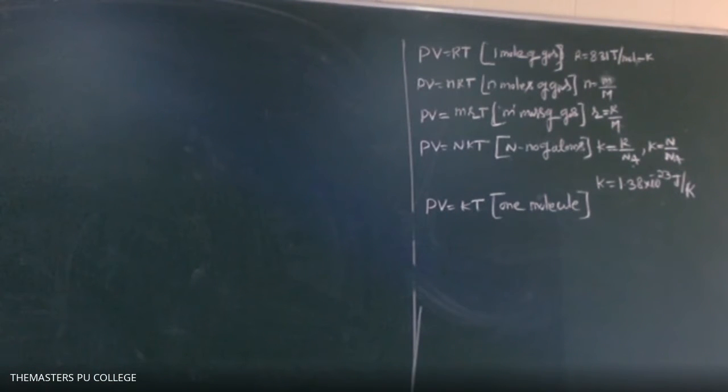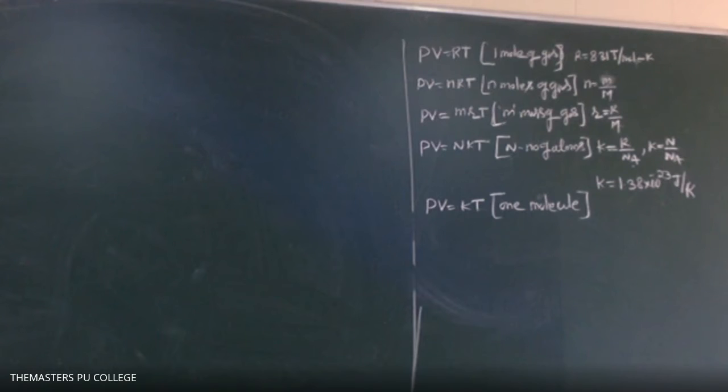What is the second question they have given? Second one, students. Page number 838, second question. An air bubble rises from the bottom of a tank containing mercury. When it reaches the top of the tank, its volume becomes 1.5 times. The depth of the mercury in the tank is?